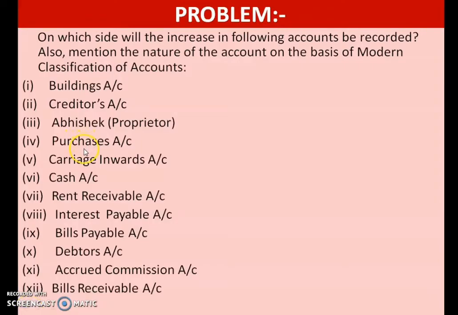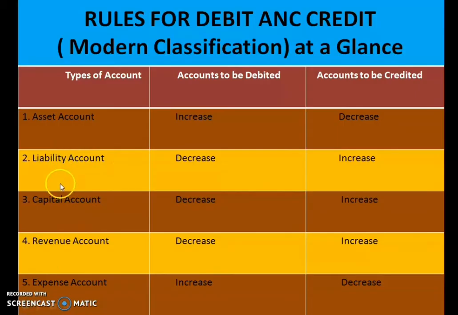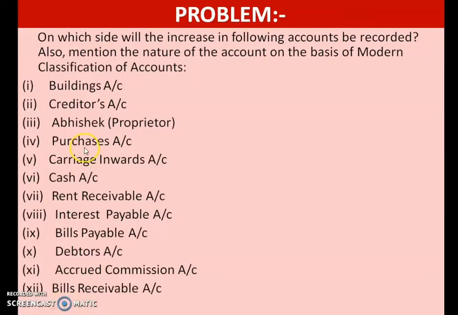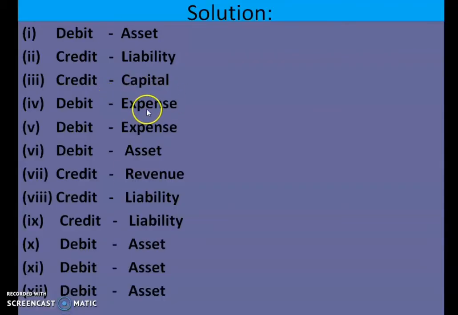Next problem, purchases. Okay, whenever you purchase something, you have to spend cash on that. So purchases are your expenses. Okay, expenses, just look into the list, expenses. If expenses increase, what do you have to do? You have to debit it. Okay, expenses increase, you have to debit it. So purchase is your expenses, and what are you supposed to do with the expenses? First of all, you have to write that purchase is your expenses, it comes under expenses account, and if expenses increase, you have to debit it.